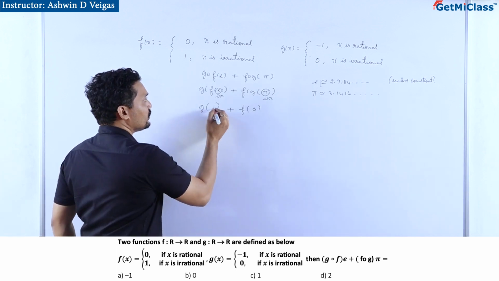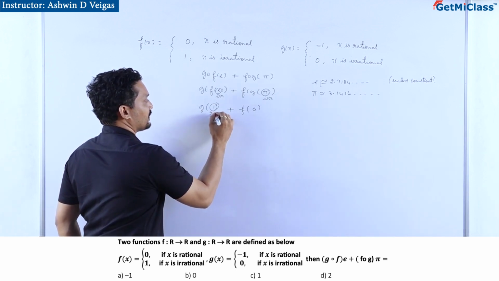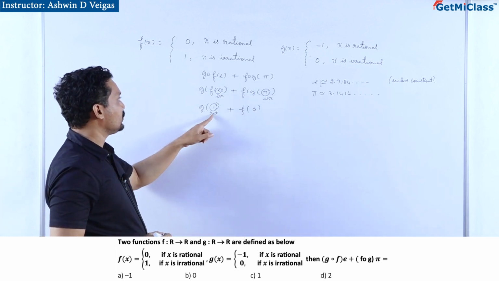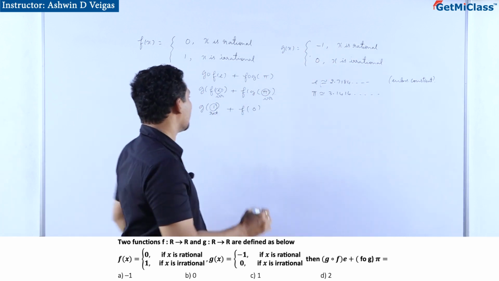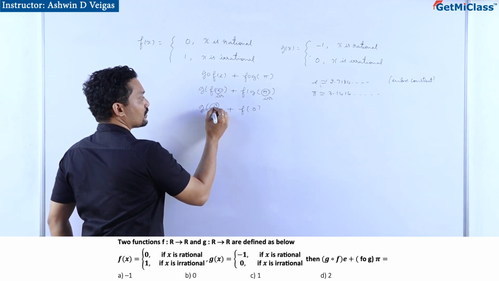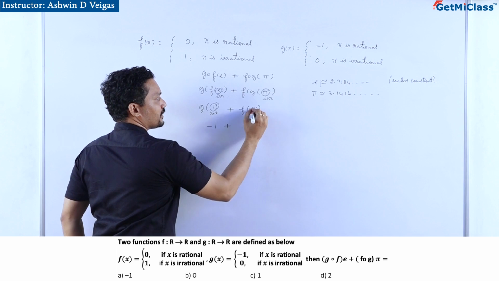Now next, what is g of 1? Okay, now we know 1 is a rational number. So what is g of rational? So now g of rational is minus 1. So g of 1, because 1 is rational, g of 1 will be minus 1, plus 0 is also a